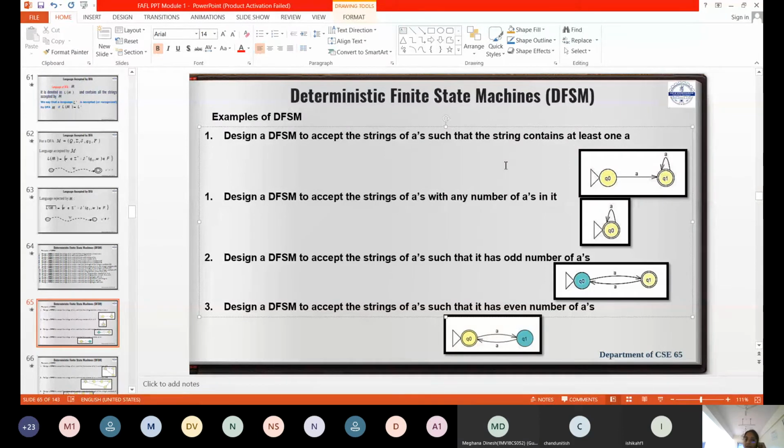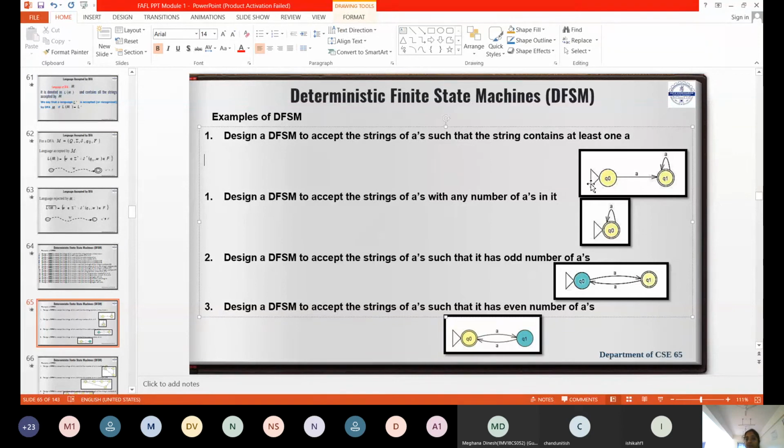So, if it is at most one A, what could be the thing? At most one A. No A's, or, at most means 0 A is also acceptable, right? Yes. One A is the final string, correct? At most one A means one is the length. So 0 and then A. When there is no input, that time your initial state itself is the final state. Agree, right? The initial state itself is the final state when epsilon is the input. Now this is not the case actually in your first question. Minimum one A should be there.